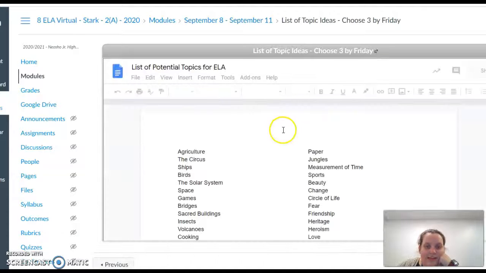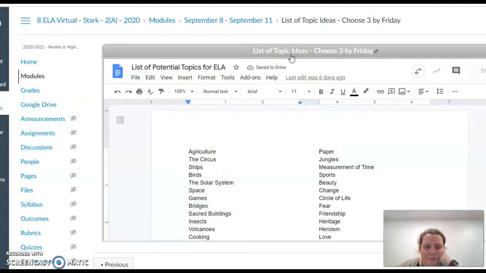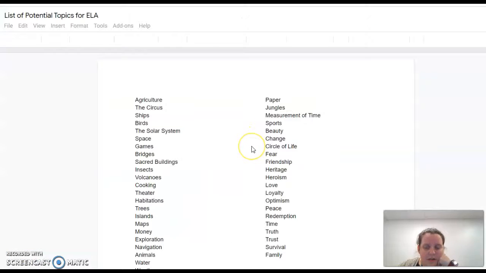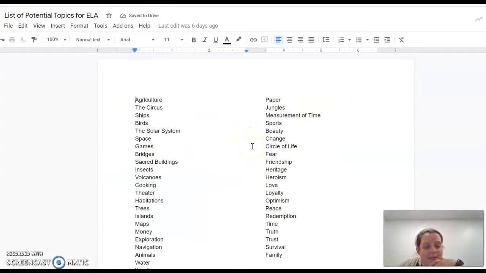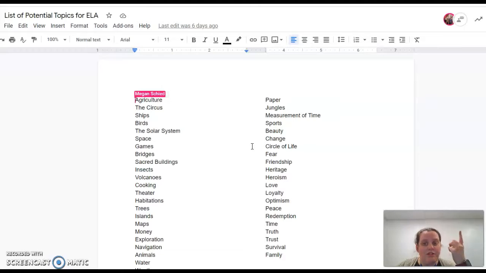Okay, so we are looking at topics that we can use this year in class. So the big thing is going to be that you want to choose topics that you're interested in. So we're going to end up choosing 1, but I want you to choose 3 for now. And the reason I want you to choose 3 for now is because sometimes it can be difficult once you get started in a topic to recognize that maybe we don't have enough material, and I don't want you to run into that situation. So we're going to look at all 3. And then at the end of this unit, you'll be able to pick one that you say, yes, that's something I know I'm going to be able to write 3 big writing pieces on.